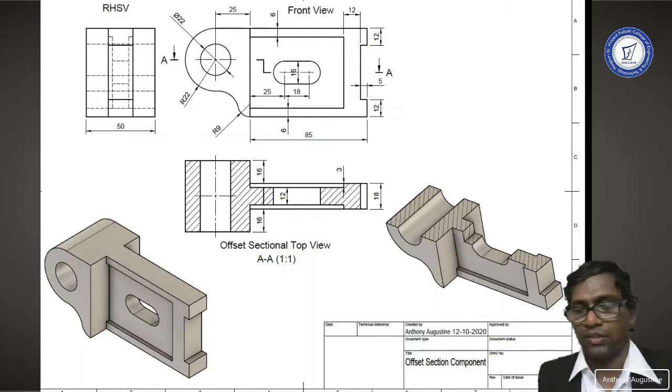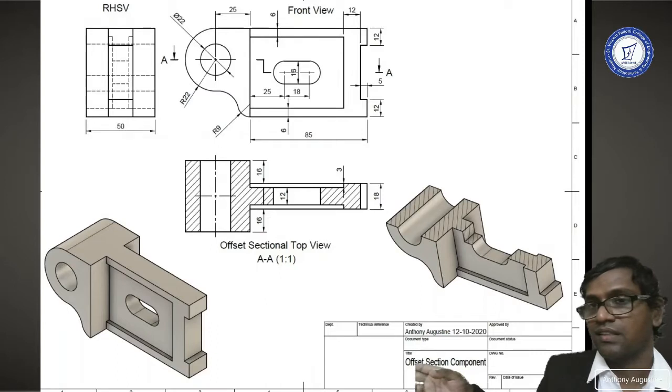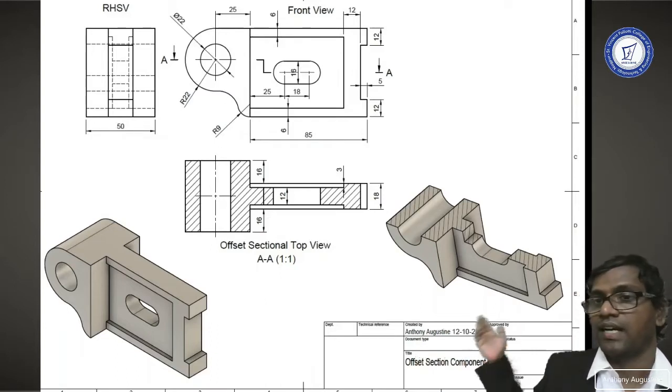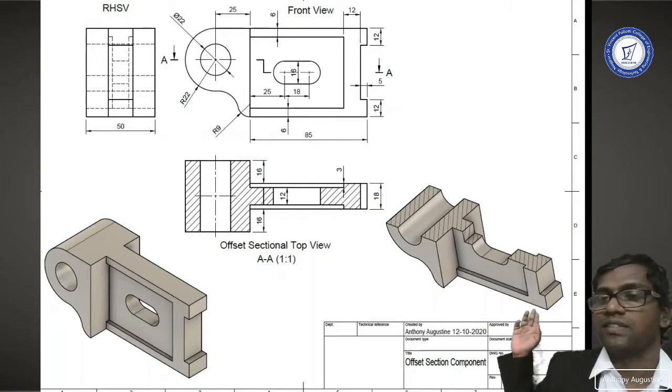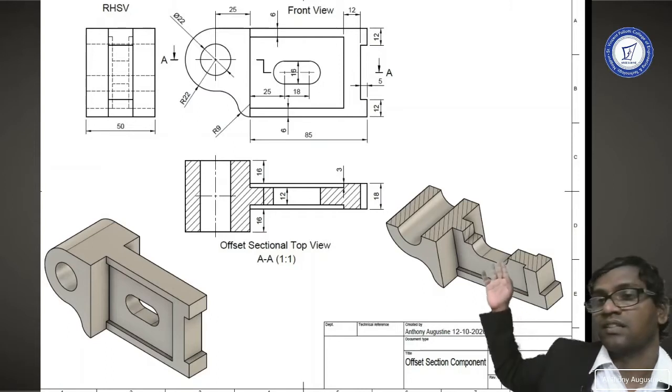So here you can see the object towards the farthest corner from my side, and the cut section revealed by the offset cutting plane. So this is the object obtained after cutting and removal of the top portion. The solution would be looking like this.